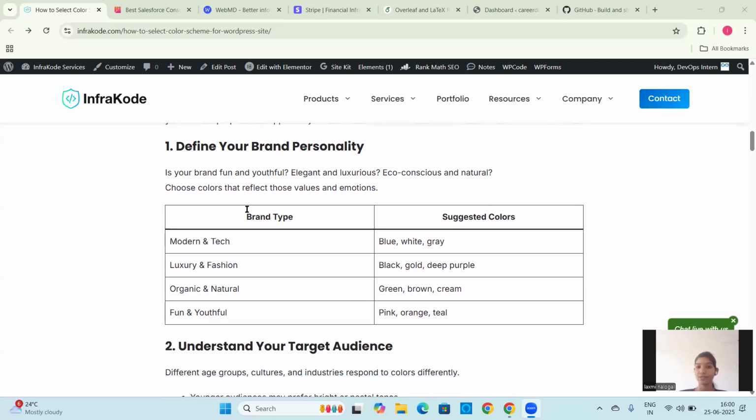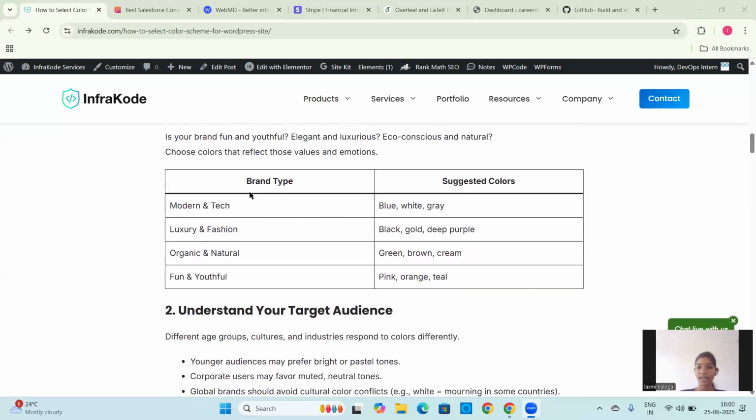If your brand is fun and youthful, elegant and luxurious, or eco-conscious and natural, you can choose colors for that site accordingly. If your brand type is modern and tech, you can go with blue, white, or gray. If your site is luxury and fashion related, you can go with black, gold, or deep purple.